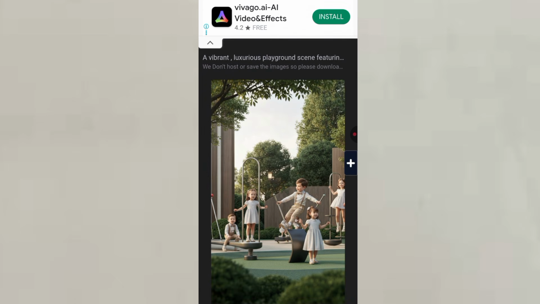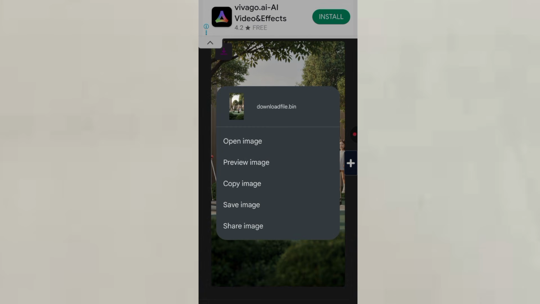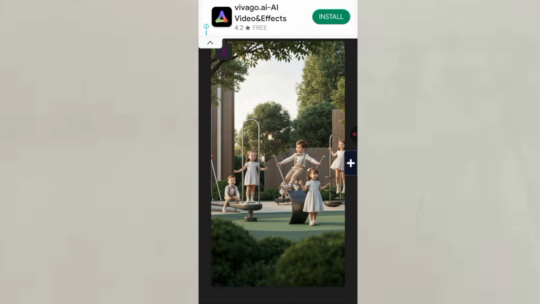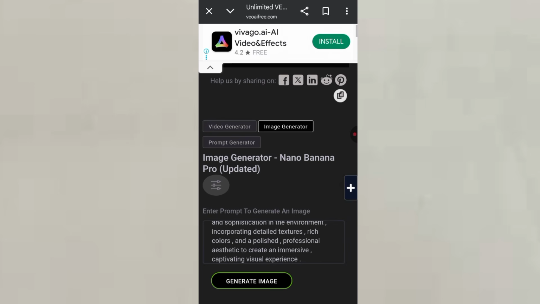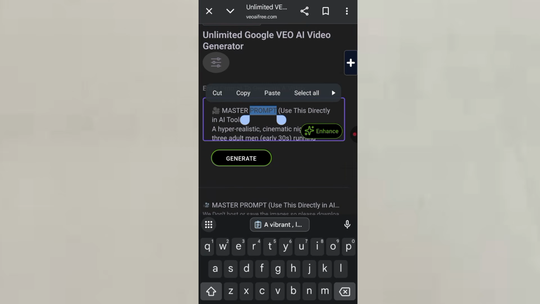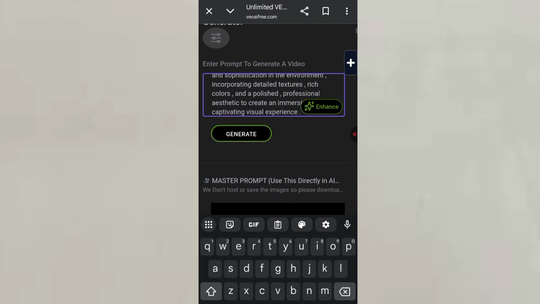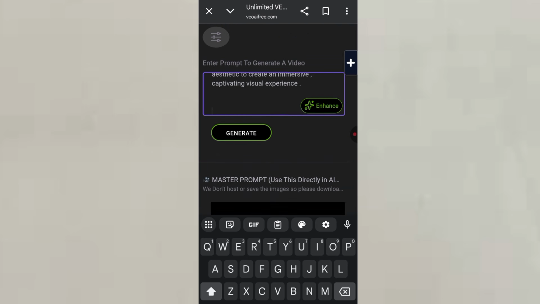Now look at our image. If I want to download it, I'll just long press, then click on save image. Now, if I want to use the prompt that this particular AI tool generated for me to generate a video, I'll just click on video. Now, I'll go ahead and select everything in this box. I'll select everything. I'll go ahead and paste the new prompt. Now, you saw the image it generated for me before now. They are white. So I can go ahead and include, I want the children